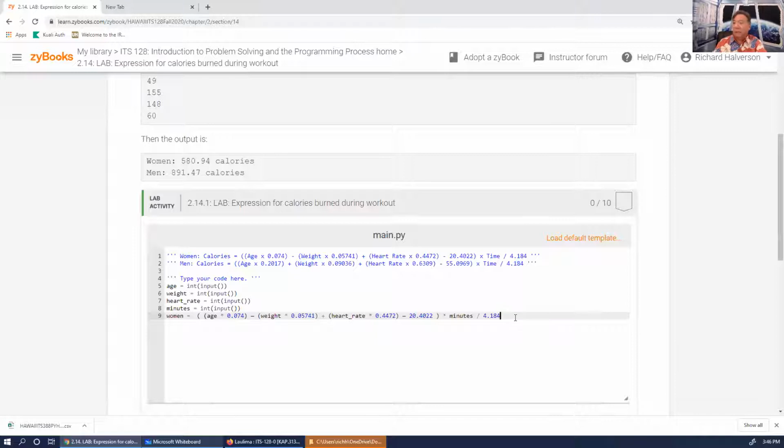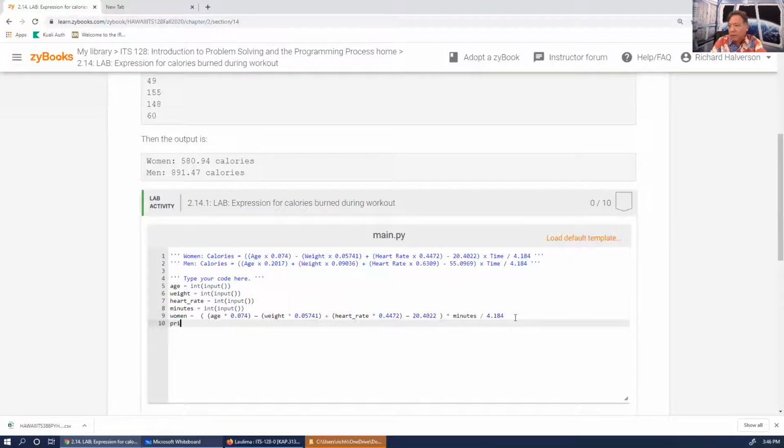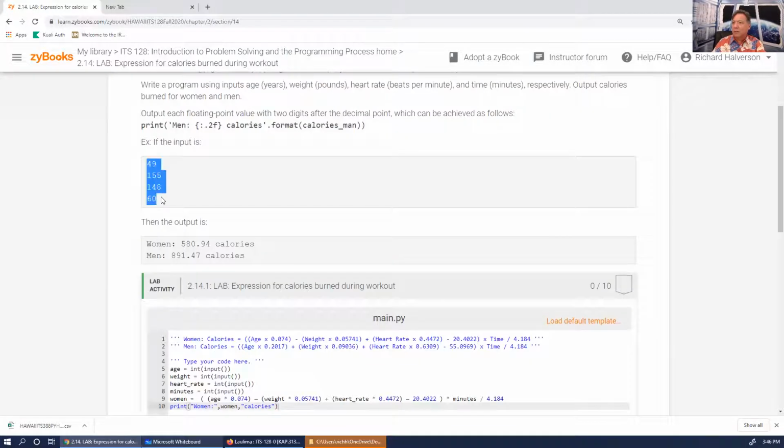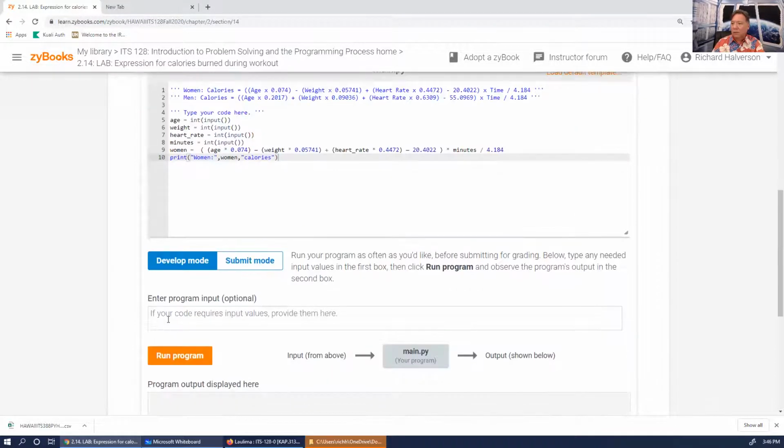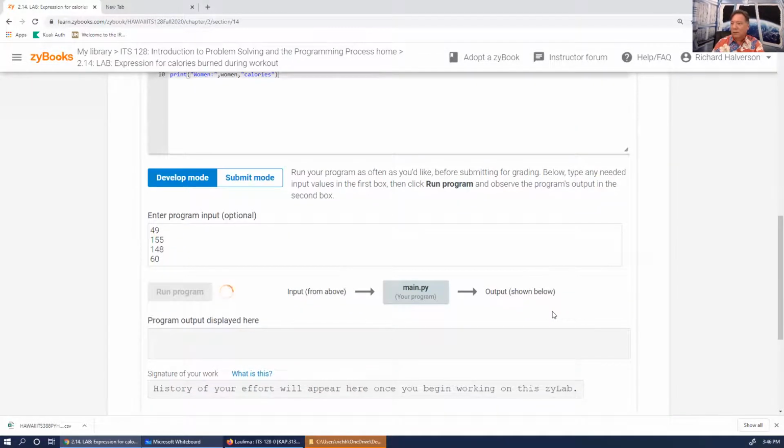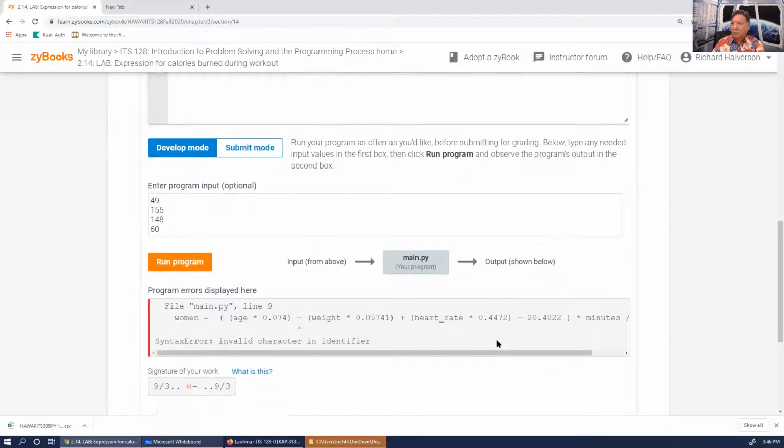All right, and then you can say print women, women, women. That's the variable for women's calories. Calories. So I'm going to see what this does. I'm going to say these numbers, and I'm going to run it, and I get